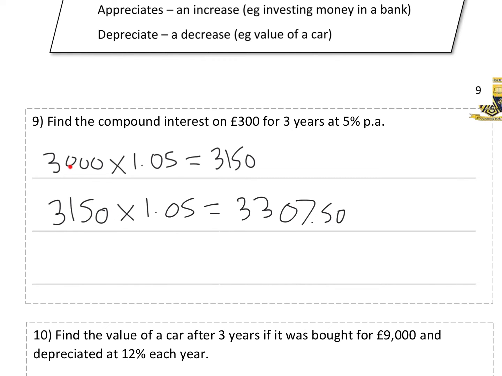You'll notice the first year the increase represented £150. If you add £150 on again, it does not give you this amount. Simple interest would give you £3,300, but compound interest is a little bit extra because we've got more in the account now and you will earn interest on the interest, so to speak. In the third year, you've got £3,307.50 in your account. You'll earn 5% interest on that, so multiply by 1.05. And that will give you